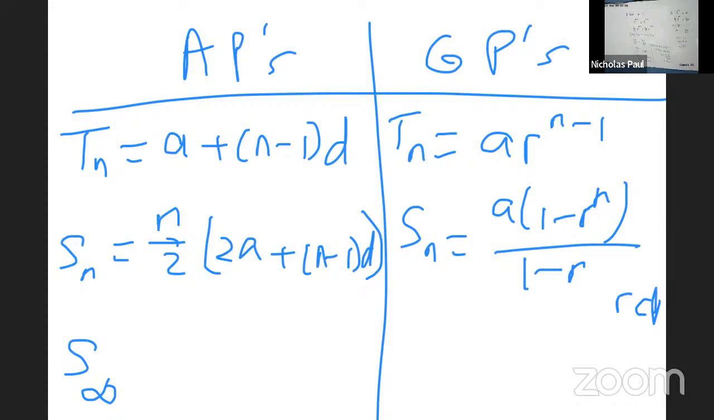And does sum to infinity exist for AP? No formula, but for GP, look, what's the formula for sum to infinity? a over 1 minus r. All right, so that's a little summary, right? So next year we'll do some questions on this, right? We'll do some